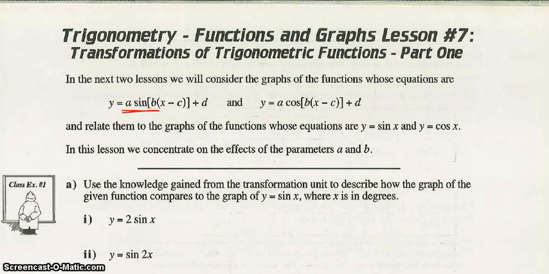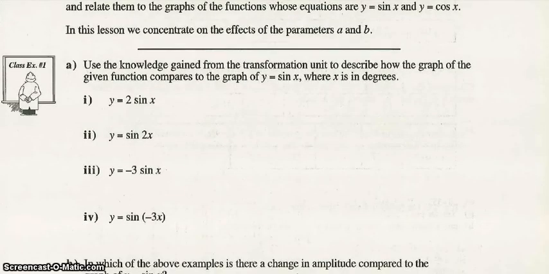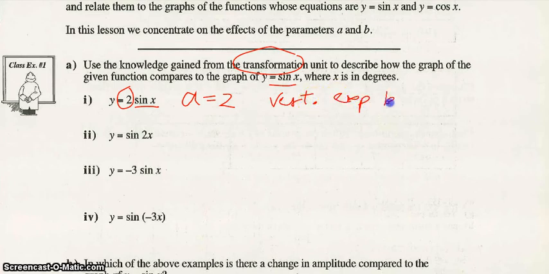If you think about transformation, if you have a letter in front, that is A. So use the knowledge gained from transformation to describe how the following will affect sin x. You multiply a function by a number, that's your A, so it's a vertical expansion by 2. You have a function and you replace x by 2x, so that's your B. So B is 2, not half. B is 2. But then it's a horizontal